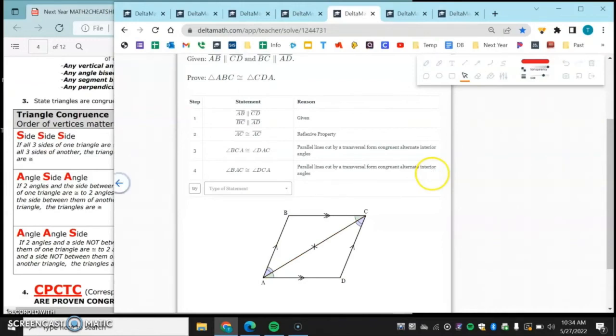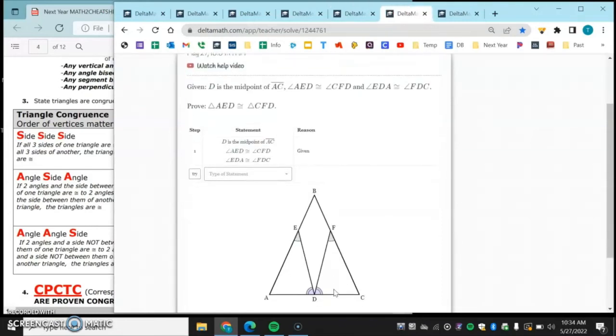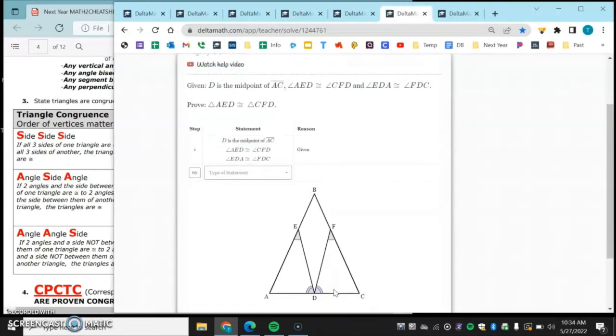We could copy this down and state that it would be angle, side, angle. A lot of those. Let's do a couple more because these are all different and I want to do a lot of examples with you. We are given that D is the midpoint of AC. We are given 2 angles that are congruent. Let's see if we can use that to figure out that AED and